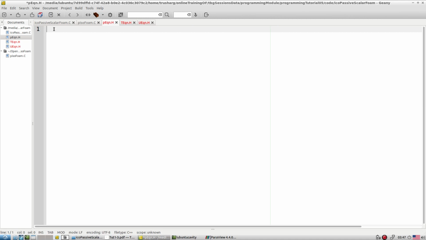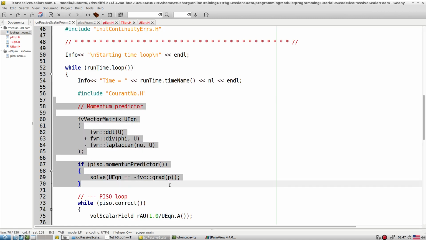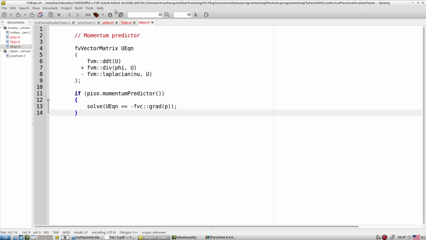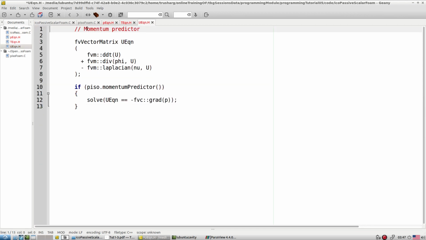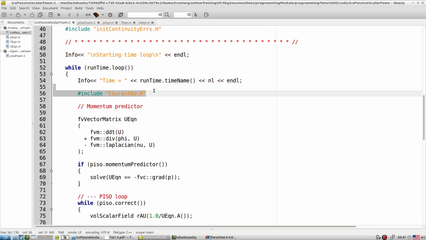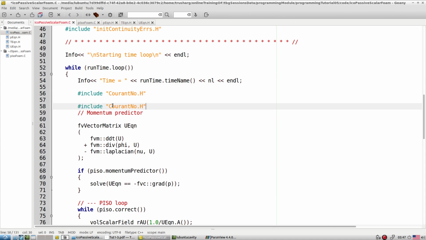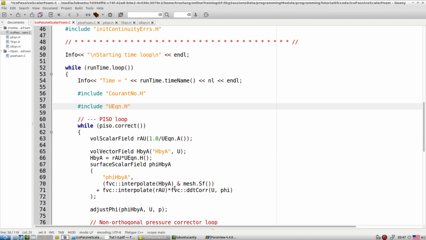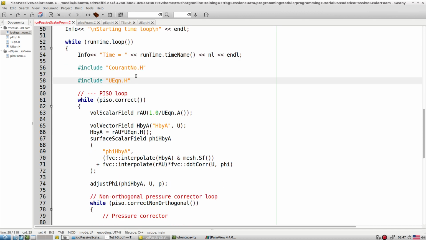What we want here is that everything supposed to go in as the U equations. So we copy this and paste it here. This now belongs to the U equations. We remove this from the main file, and what is needed is something like this. In its place we incorporate a U eqn file include, with the E capital, and I can remove this area. So here it belongs to the U equation.